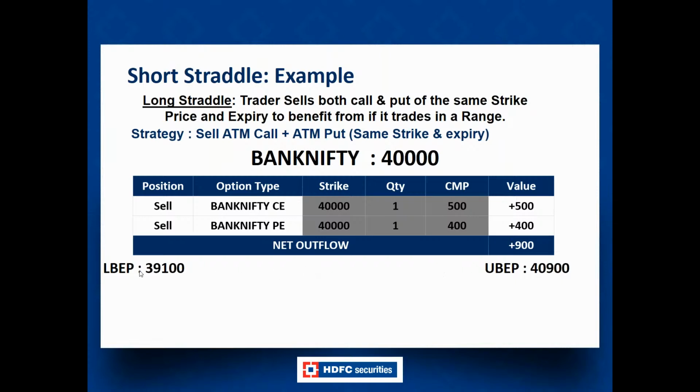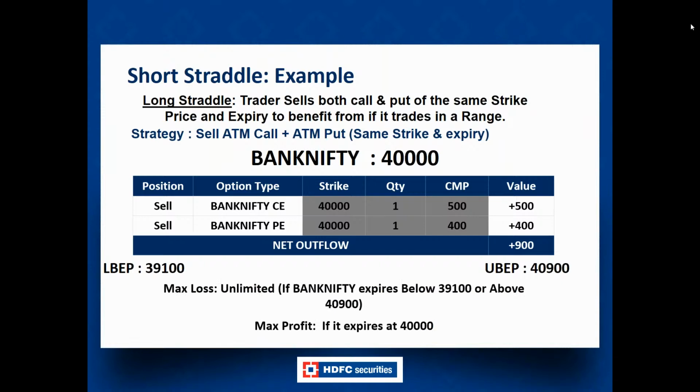So if Bank Nifty expires between this lower break even point and upper break even point, I will make some kind of a profit, because I have a view it will see a range bound movement. But if Bank Nifty starts moving below the lower break even point or above the upper break even point, then my loss is unlimited. So in this scenario, my maximum loss is unlimited if Bank Nifty expires below 39,100 or above 40,900, because